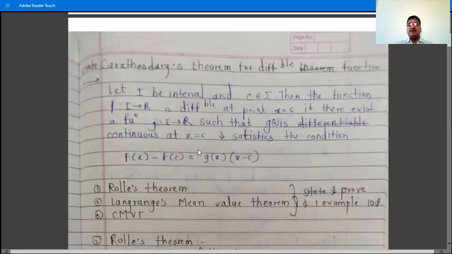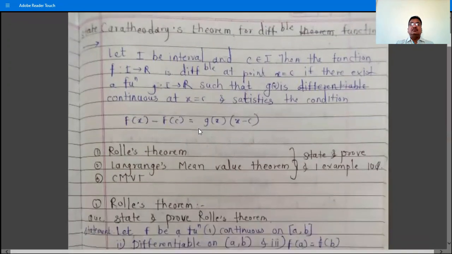This new function g(x) is continuous at x equal to c and satisfies the condition f(x) minus f(c) is equal to g(x) times (x minus c). So this is Carathéodory's theorem for differentiable functions. This is the statement of the theorem. The proof of this theorem is not included in our syllabus, so just remember the statement of